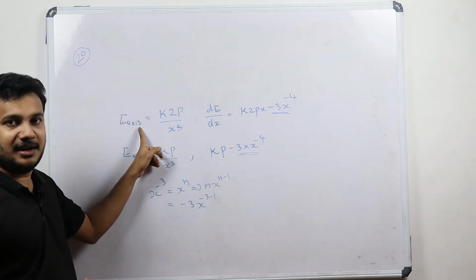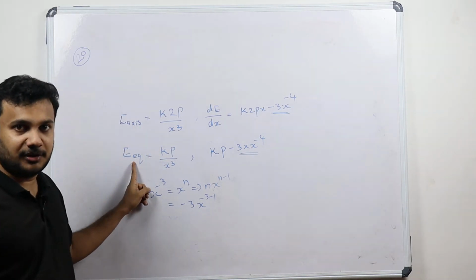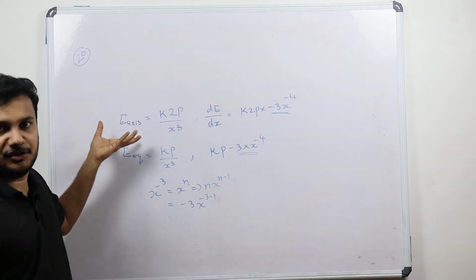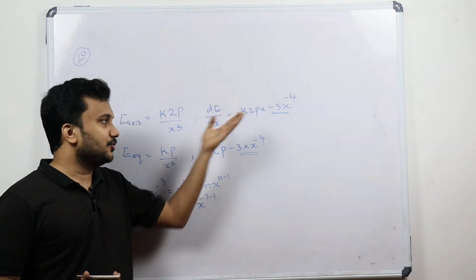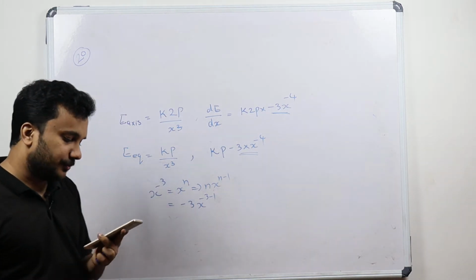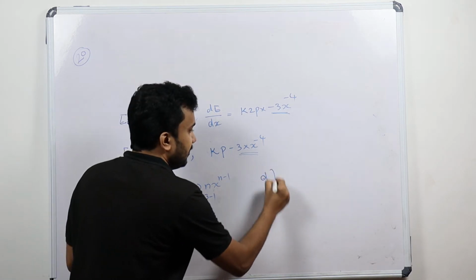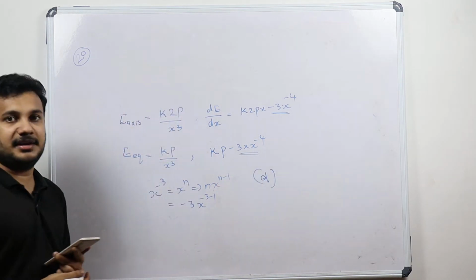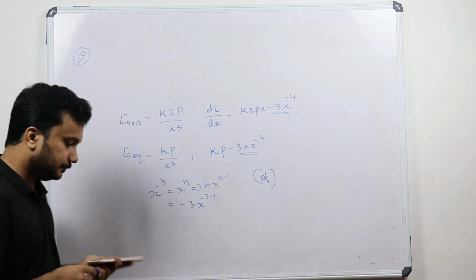So electric field at the axis of a dipole is greater than electric field at the equatorial position when we are taking change in magnitude, and already magnitude wise it is higher. So change wise also it is higher. So what is the option? More in case of axis of a dipole as compared to that of equatorial plane of the dipole. So the answer is option D for this question number 20.